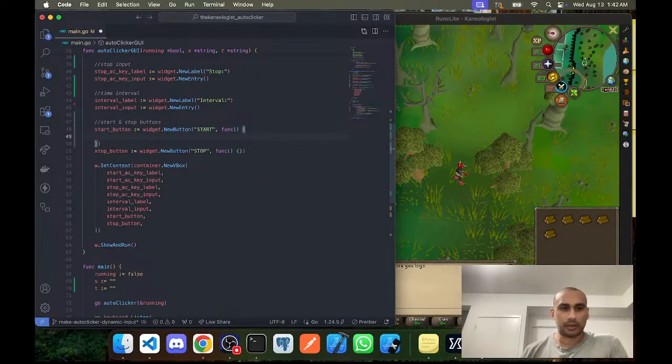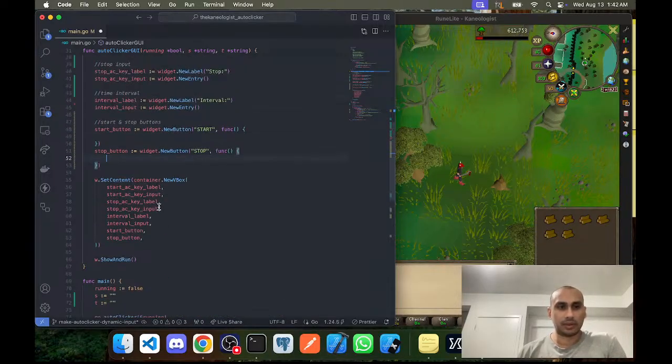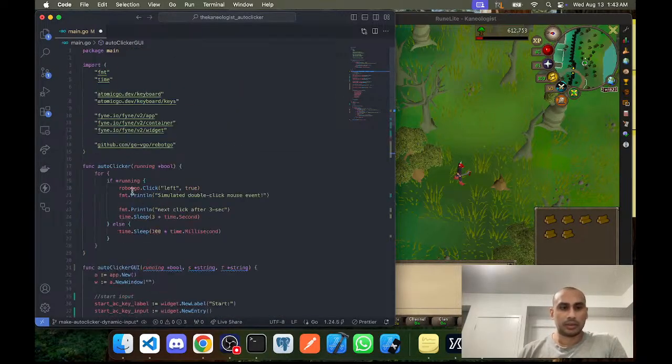So this would be func. This would also be func, and then this would be currently running equals true. And since we're looking at the same address for running, if the value of running is true,